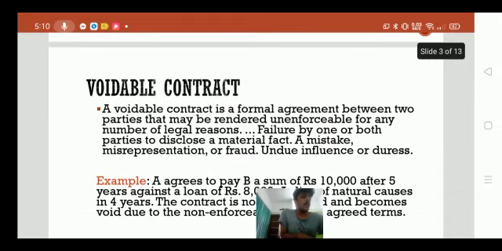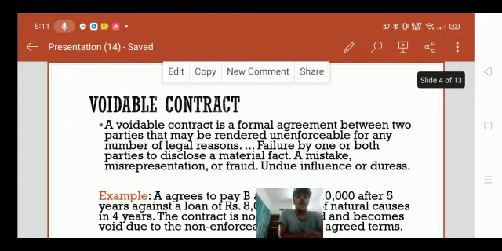Next one is voidable contract. According to Section 2(i) of the Contract Act, an agreement which is enforceable by law at the option of one or more parties thereto, but not at the option of the other or others, is a voidable contract. It is a formal agreement between the parties that may be rendered unenforceable for any number of legal reasons, failure by one